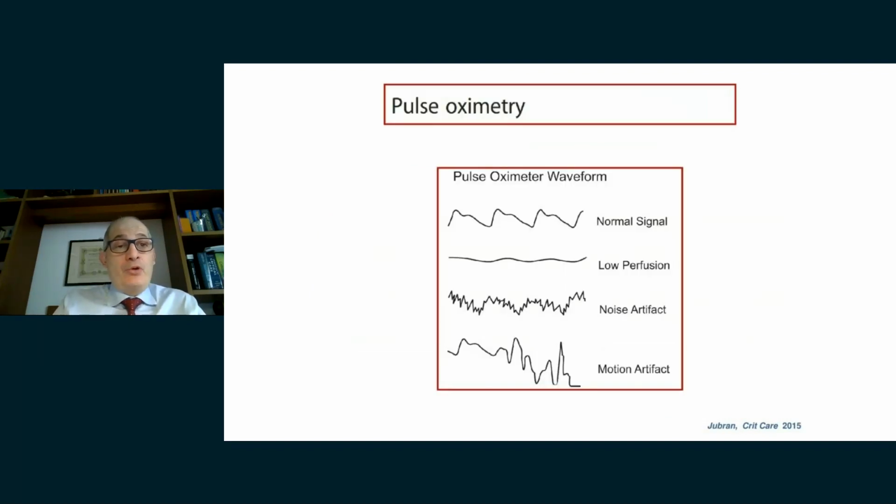How does a pulse oximeter work? Here is a clean example in the upper part of the normal signal. However, in patients with acute respiratory failure, ARDS, or hemodynamic failure, sometimes we have problems getting reliable data due to low perfusion, the presence of noise artifact, and the presence of motion artifact. In addition,